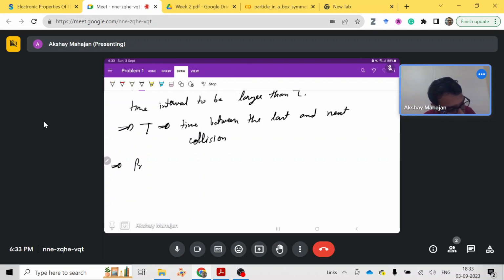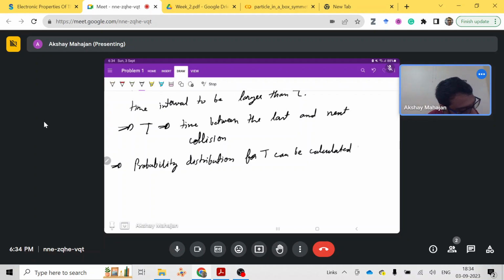Now the probability distribution for capital T can be calculated by using the property of convolution over the